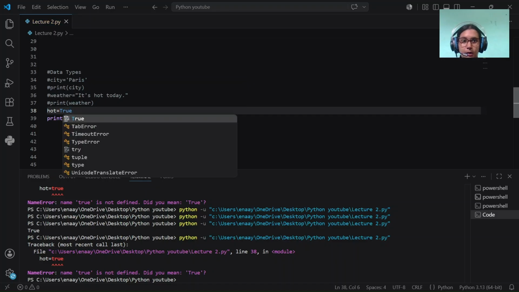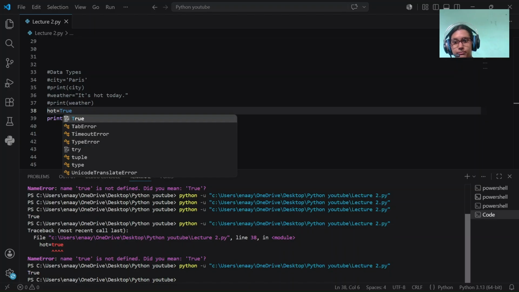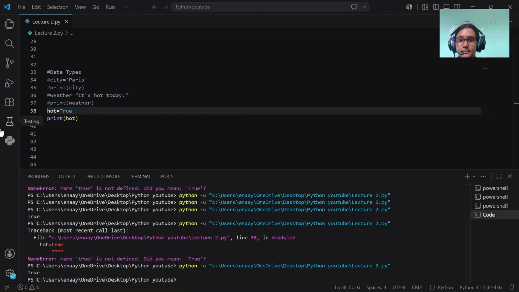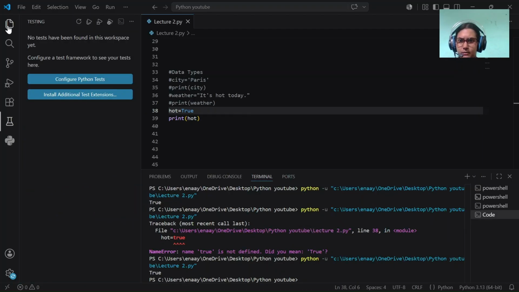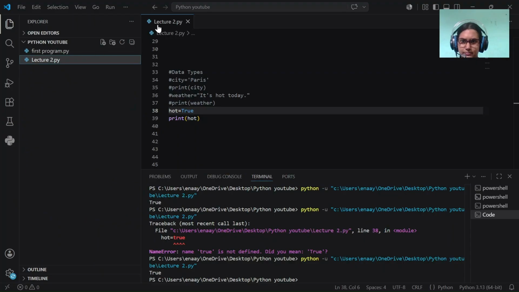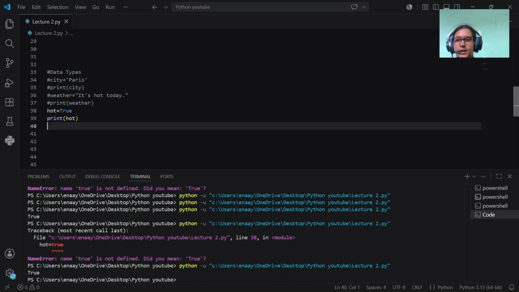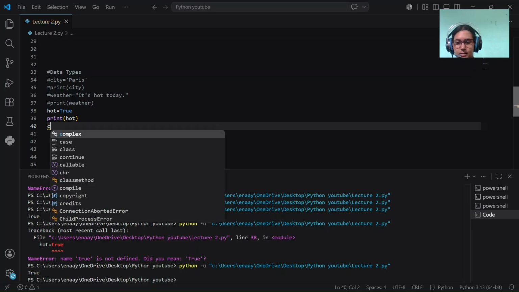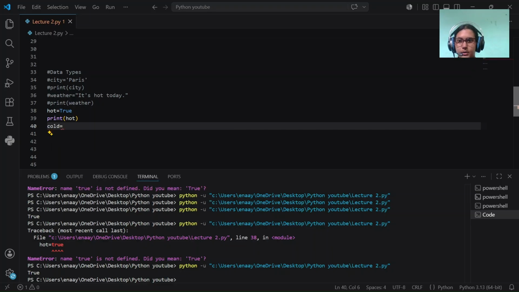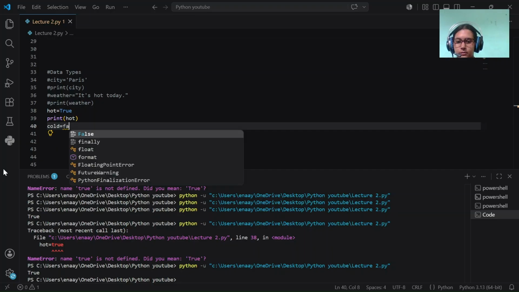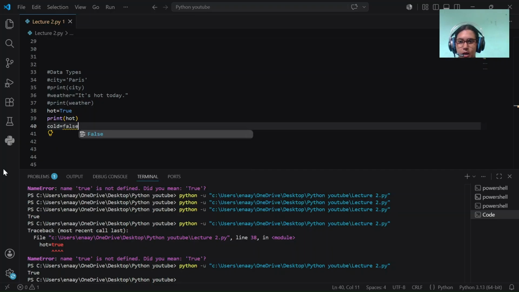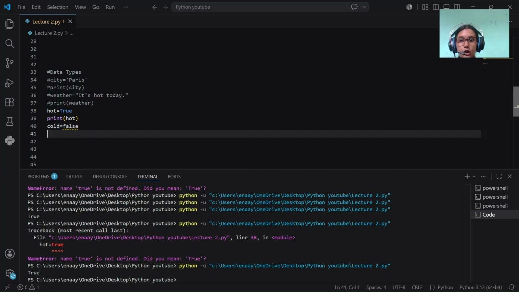Uppercase T, boolean, works. See? The same way we can use false. Things you do while programming. cold is equal to false. If I use it with a lowercase f